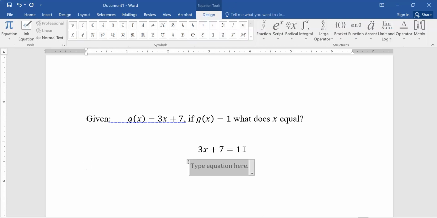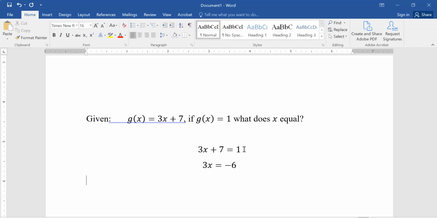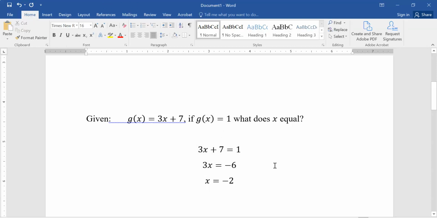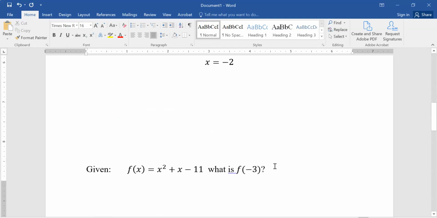Subtract 7 from both sides, we end up with 3x equals negative 6. And then we divide both sides by 3, we'd end up with x equals negative 2. All right, so that means our input would have had to have been negative 2 to get an output of 1. The next question